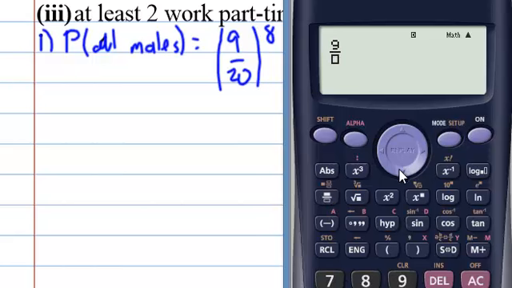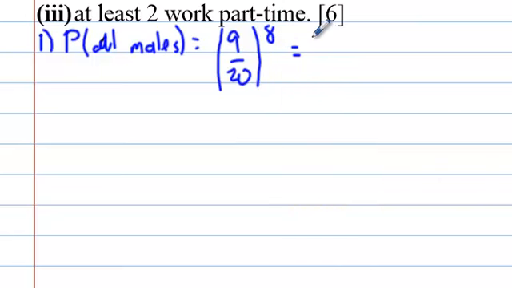So 9 20ths to the power of 8. 1.68 times 10 to the negative 3. That would be 0.00168. And I'm going to leave that rounded off, as I've done it there, to 3 significant figures, which it says in the examiner's reports quite often for this qualification that 3 significant figures is a preferred rounding. So we'll use that. For part 2,